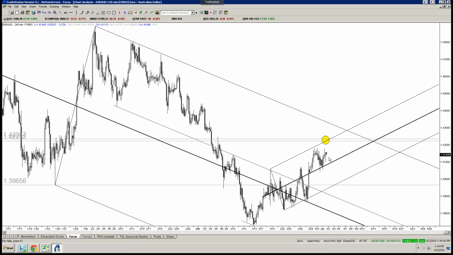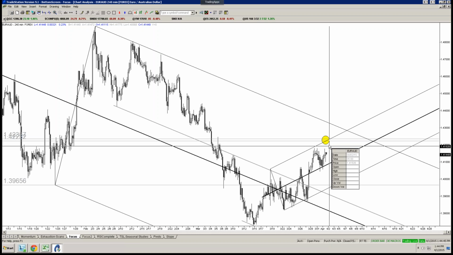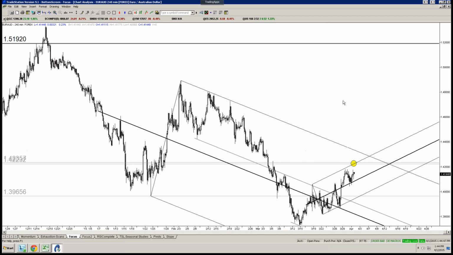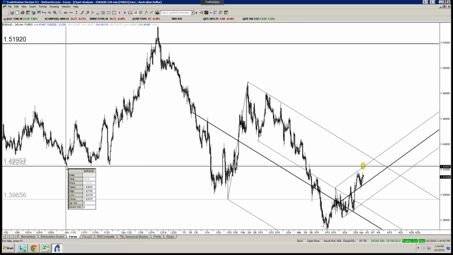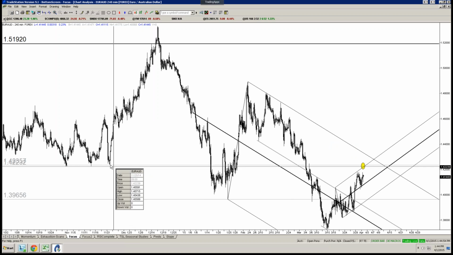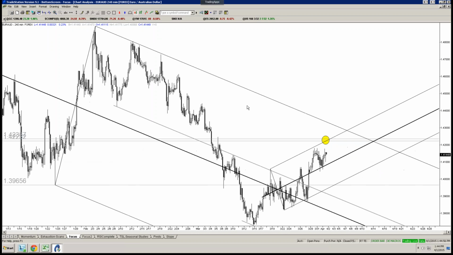We're looking for resistance up near the upper parallel, and specifically was looking for it because you have horizontal former support over here in October, November, and a lot of times former support becomes resistance and vice versa. Now, it would be even better, I think, if we got it over here.